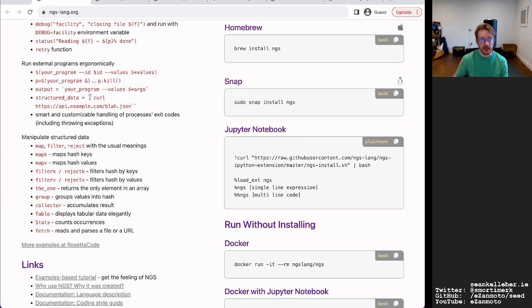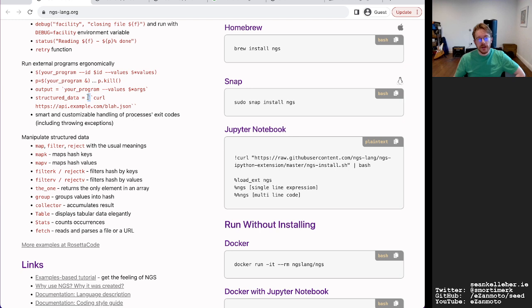So structured data, that's interesting. So this isn't related, but if we do 2 backticks and we have JSON, then I guess it will automatically turn that into a JSON object in our local, or a map in our local variable.